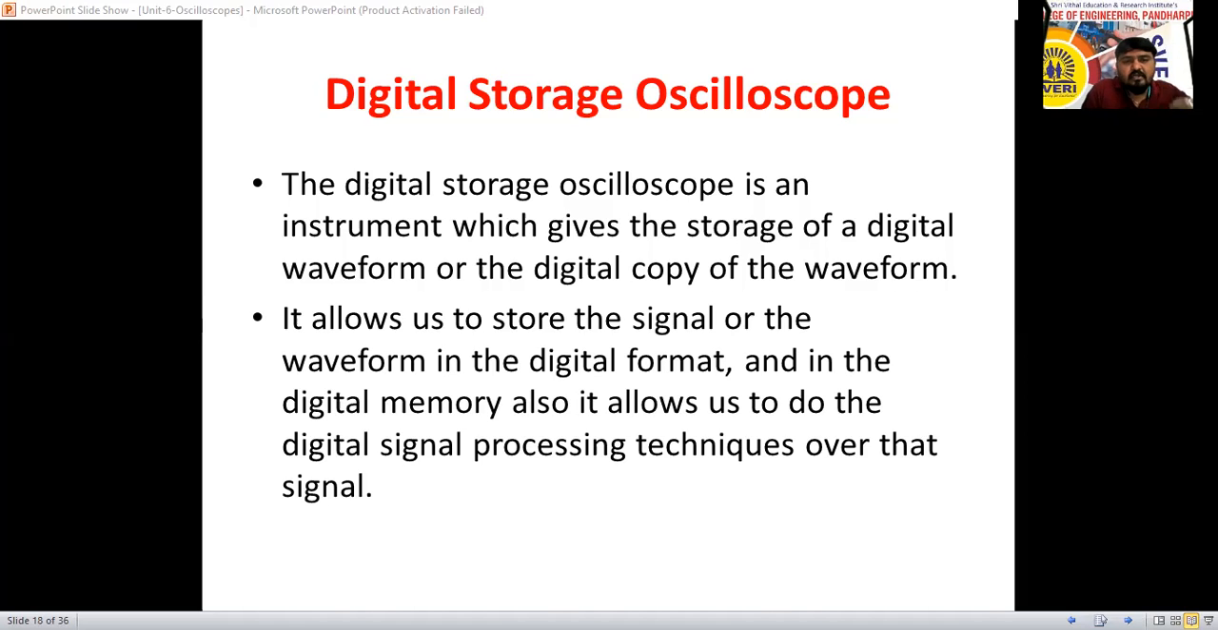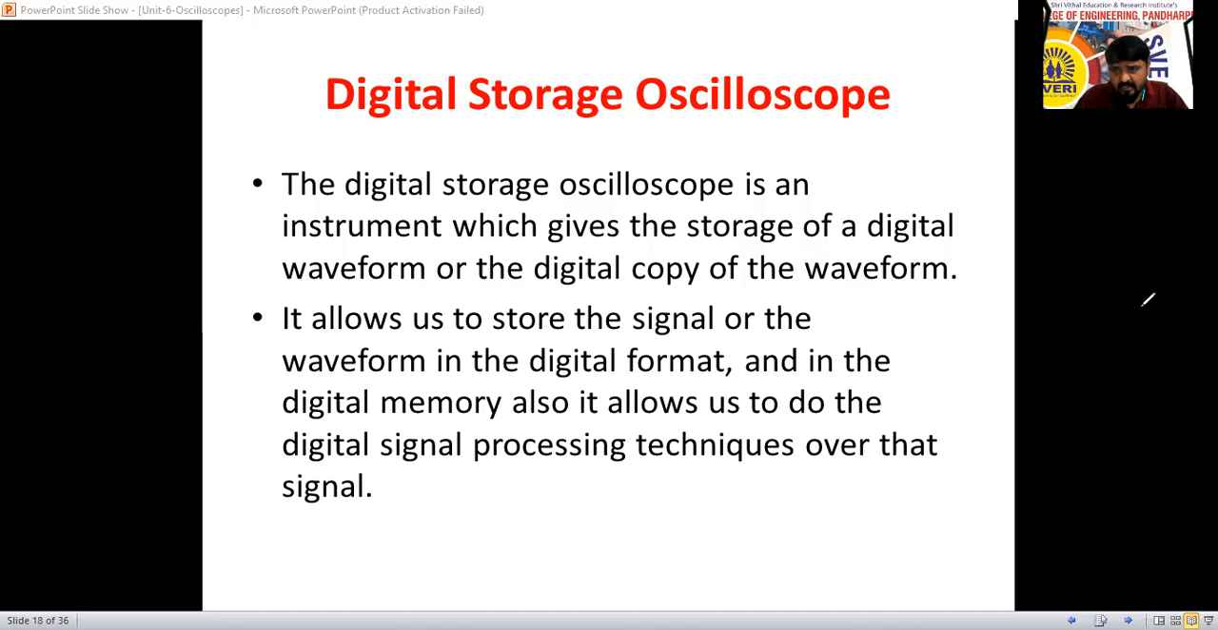So the digital storage oscilloscope is an instrument which gives storage of a digital waveform, or a digital copy of the waveform. Second point, it allows us to store the signal, whatever values it shows, and the waveform in digital format. In digital format means whatever analog values or signals we use,